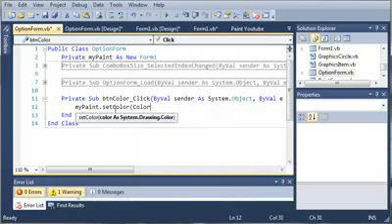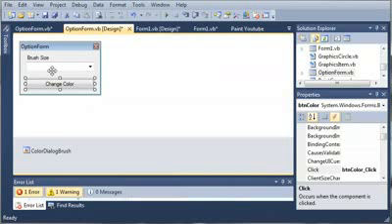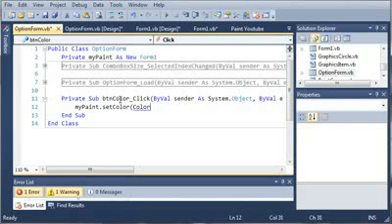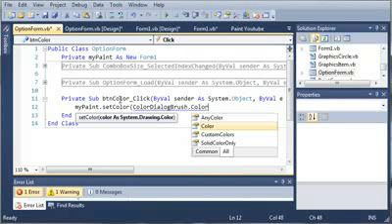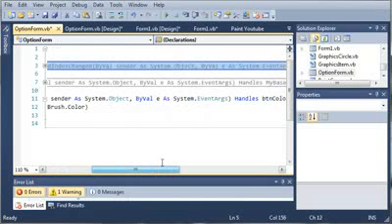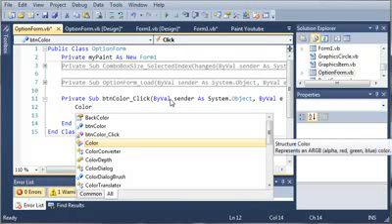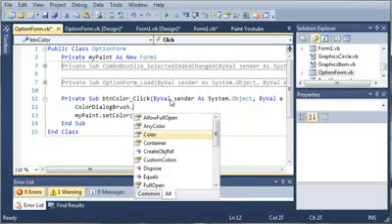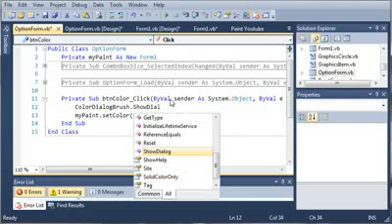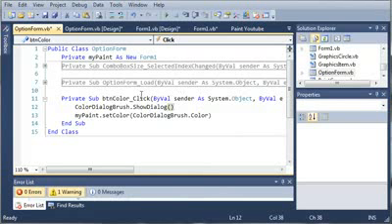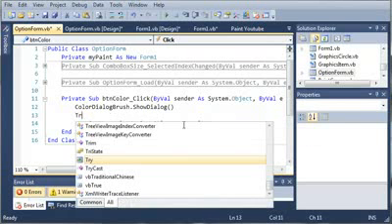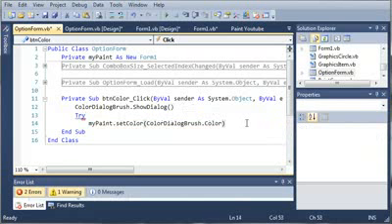color dialog, or let's see, what was the name of that? ColorDialogBrush.Color. But first we need to get a color from that. So we'll do ColorDialogBrush.ShowDialog. By using ShowDialog, they will only be able to interact with the color dialog brush and not anything else until they close out of this or click OK. And if they click cancel, then it's not going to give us a color back. So let's go ahead and